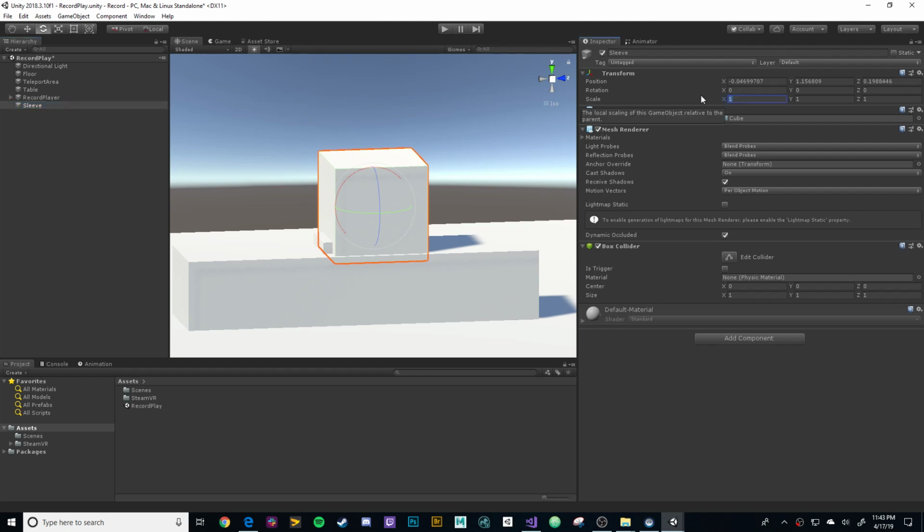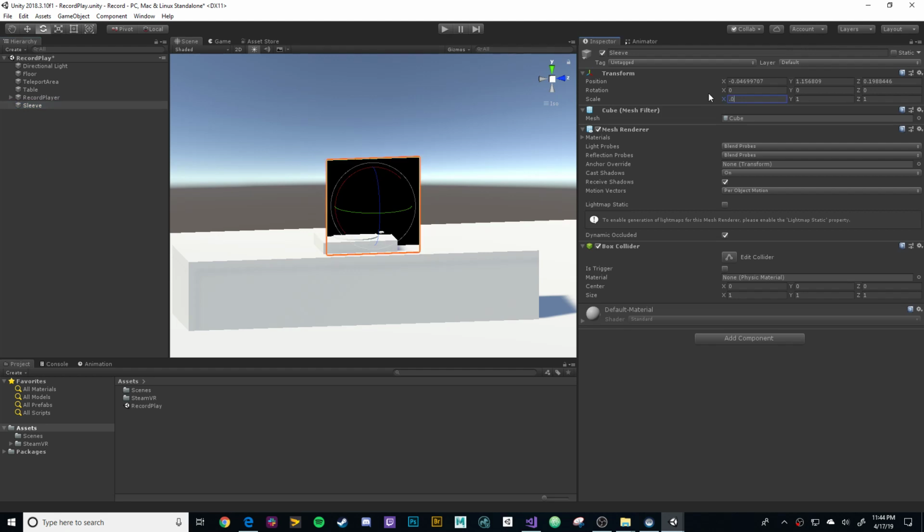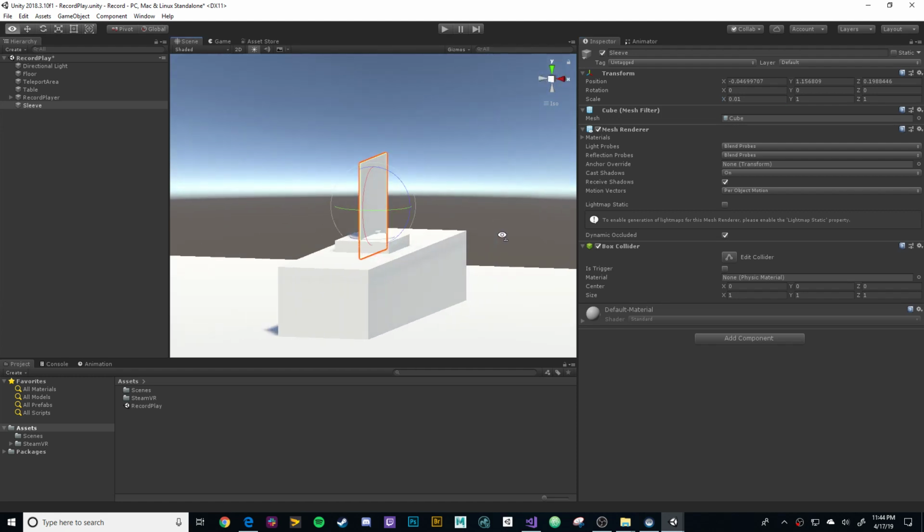I'm going to scale this one to like 0.01. Oh, we're still on the local. And so now we want to go global. So I'm going to say 0.01. And like 0.5, 0.5. And